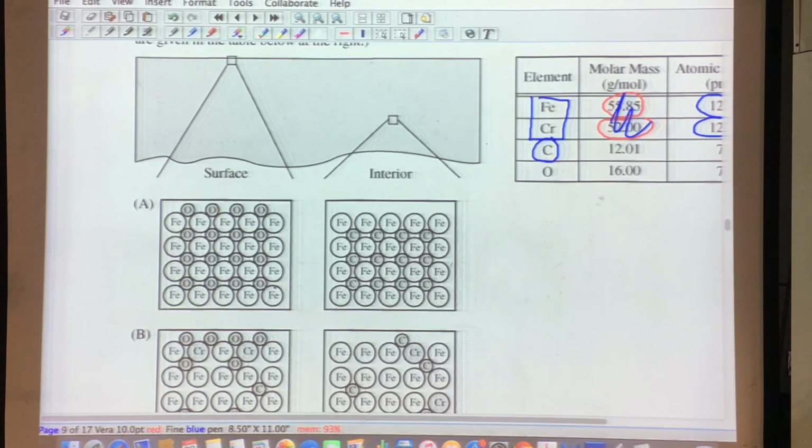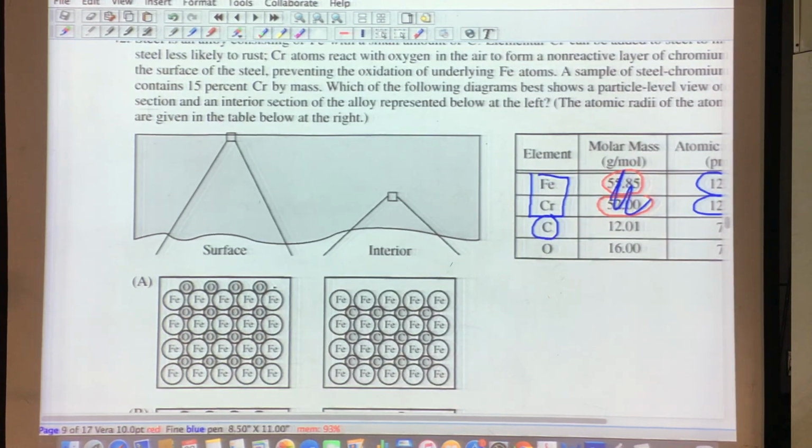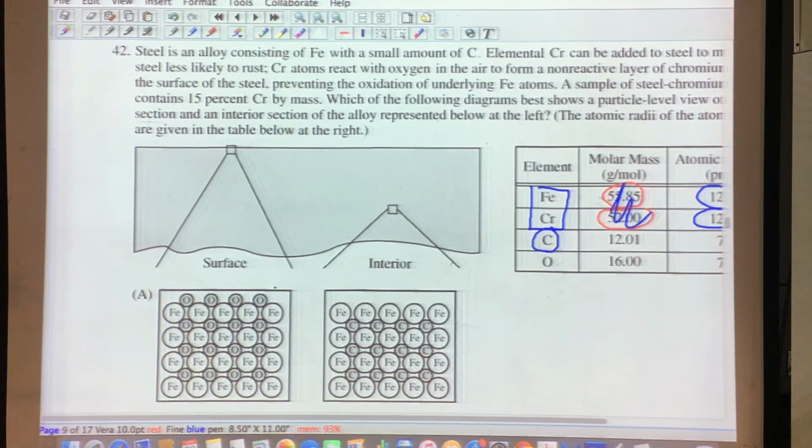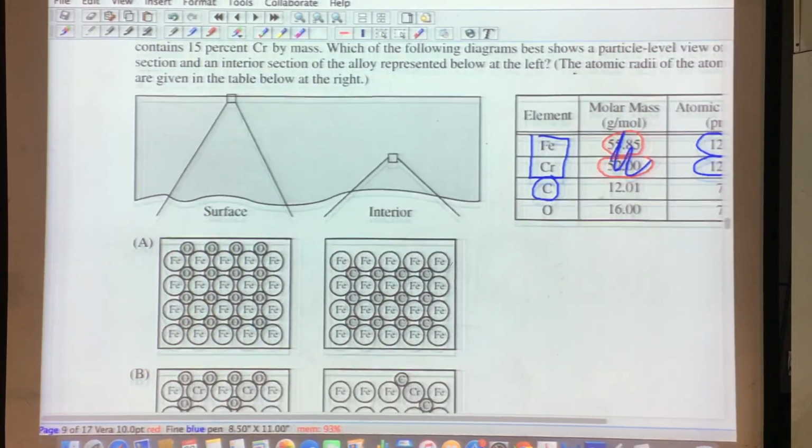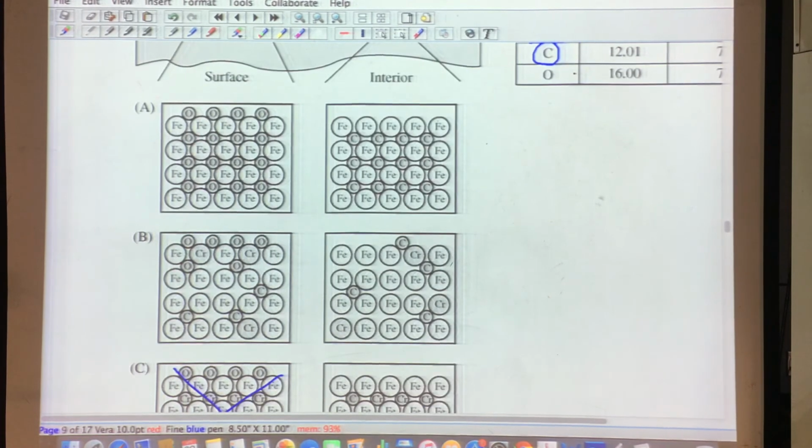If I have a scenario, and they're telling you this in the problem, the reason why it's called stainless steel is because it doesn't rust. The chromium atoms get oxidized by the oxygen and form a non-reactive layer of chromium oxide. So that's the chromium metal with an oxygen. Oxide just means a salt on the top layer. And they say that this layer prevents the rusting. So the surface choice, the top layer choice, has to show chromiums